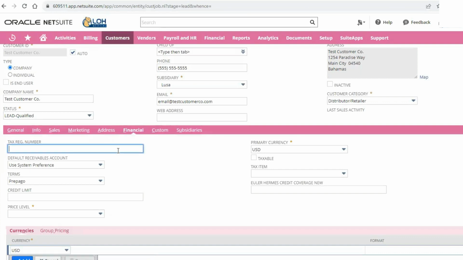For financial, I suggest it would be very helpful if you're able to get a tax ID number or a tax registration number for the entity. Please enter it here. If you do see a lot of potential with this lead and think their volume could be high, the tax ID number makes it a lot easier to run financial checks.